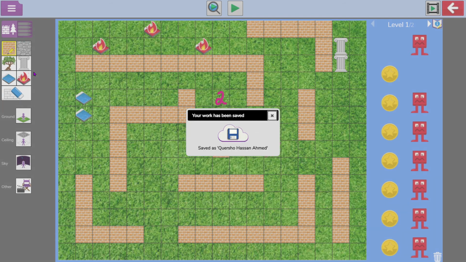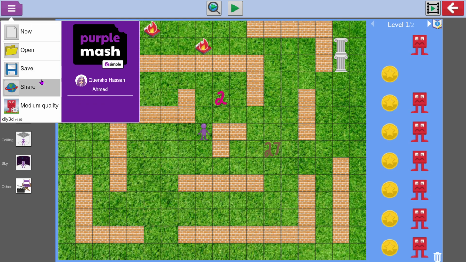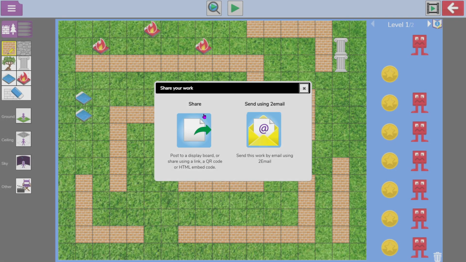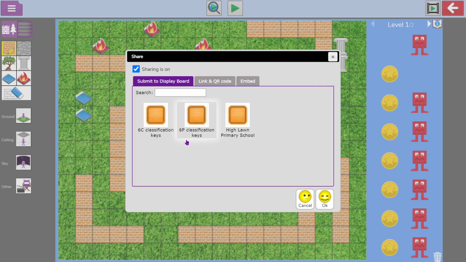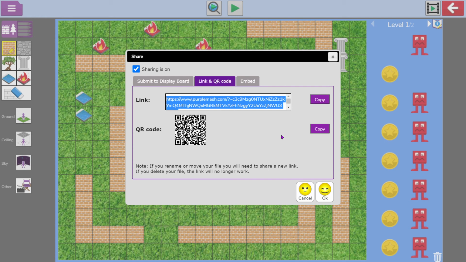Okay, and then this is the bit that I want you to see if you can do, so other people can play your game. Go back up here to the 3 lines and click share. Now if you click this button, share here, the little paper with the green arrow, will give you lots of options, and you can put this link or a QR code, and you could copy that link and you could send it to someone. So if you just click copy, it's now copied into your computer tablet, and then you